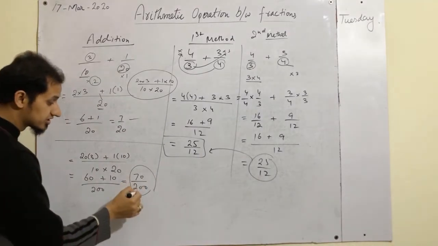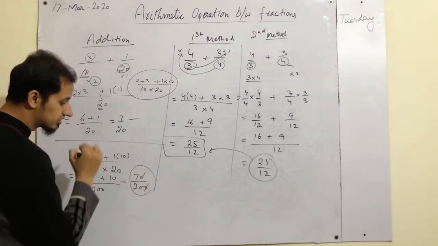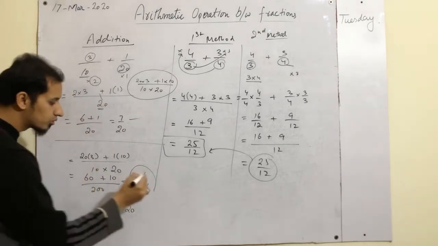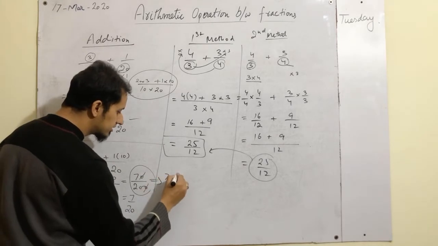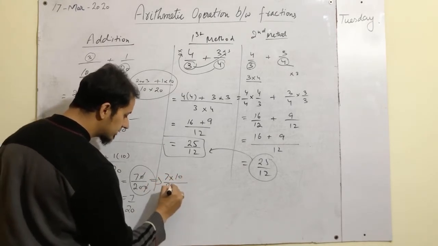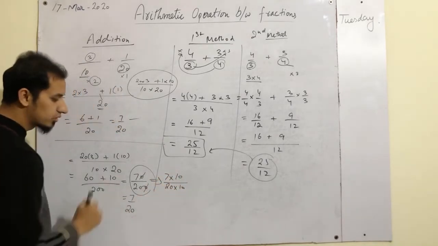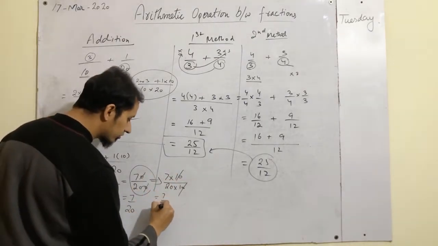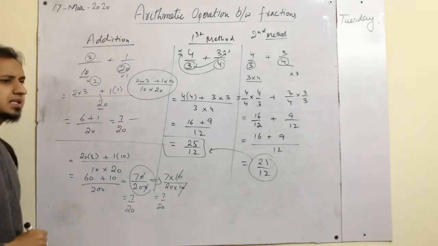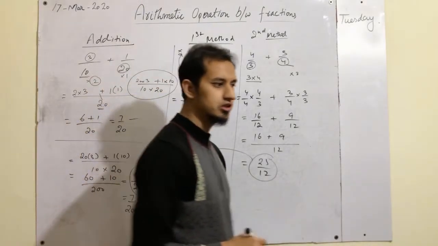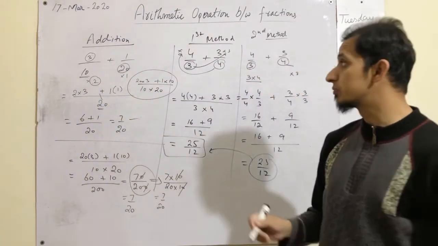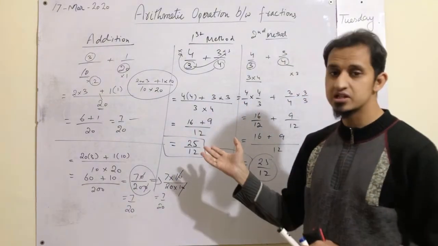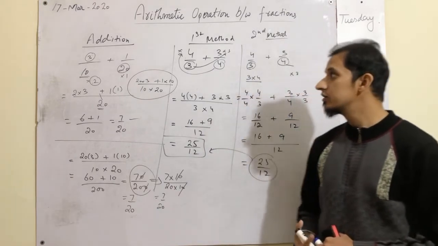Now we can simplify this number. We can just cut 0 by 0 and we get the 7/20. Or we can solve like this, 7 into 10, 70, and 20 into 10, 200. So 10 cancels, and we get the 7/20. So we have many methods to solve the fraction. We can solve the arithmetic operation between two fractions. We have many methods. So here are the few methods I explained to you today, and in the next lecture